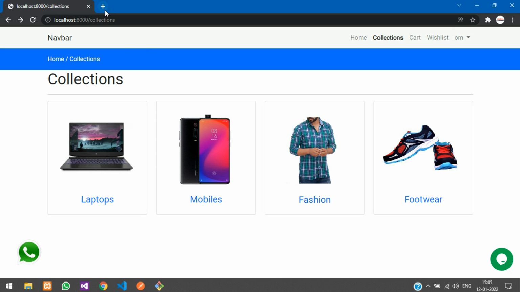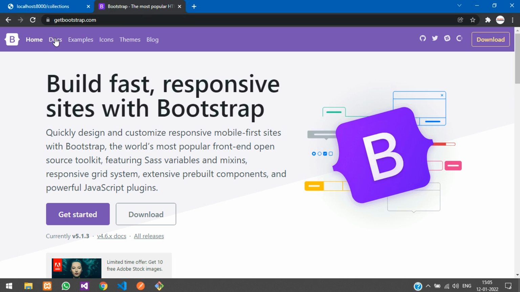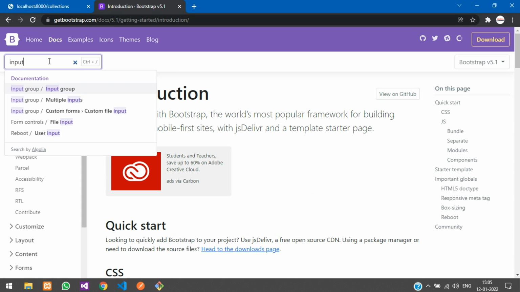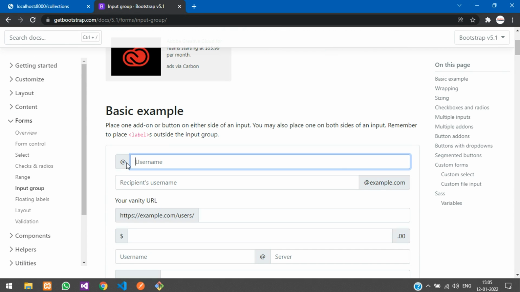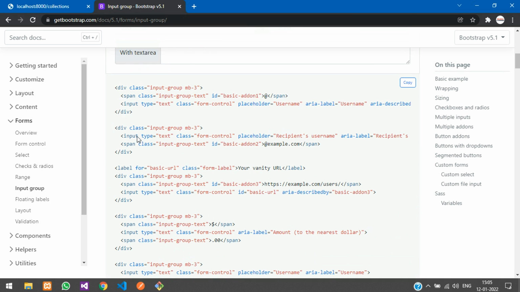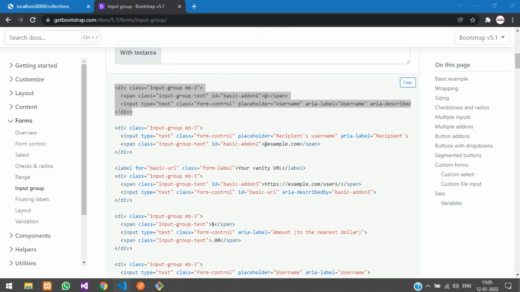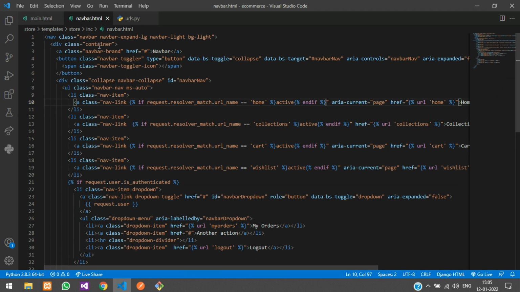So first we will go to getbootstrap.com to get the design. So here we'll go to the docs and search for input group, and here you see this thing, right? We will be using this for our search bar. So just copy this and go back to your code, and in your code you just go to your navbar.html